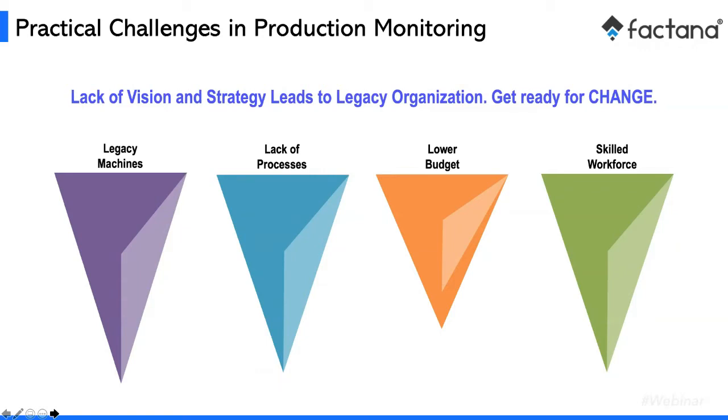Number one is the machines, right? It may be fully automated machinery, fully automated PLC SCADA systems that can gather and collect all the information and produce all the data. But when you have multiple machines in the overall process from different vendors, each one has its own language of data and type of data, right? How do we consolidate all that data? How do we process it uniformly? That's the biggest challenge. So either it's a fully automated manufacturing setup, or legacy machines that are more of a manual process used by the operators. So both are challenges, both have limitations, and both have to be connected through IoT solutions